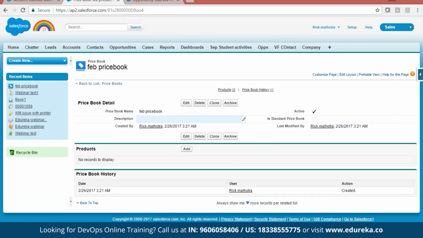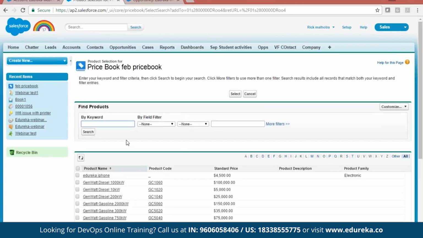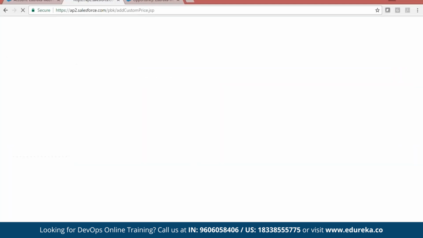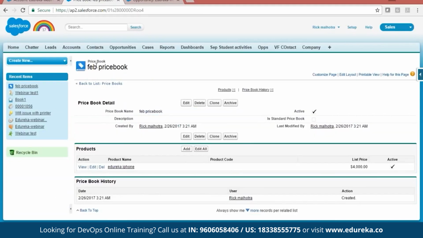The moment you save it, now you can enter as many products into this. Let's say I want to include Edureka iPhone. Select. Now what's the price you want to put there? I want to say $4,000. If you go with Feb price book, same like this, I have many price books.